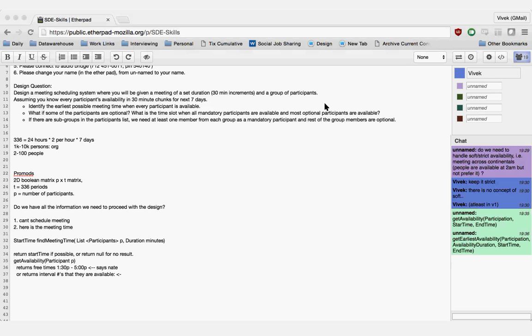I mean, one thing that you could do is just sweep through the column, right? It's an O of participants time. For each column, you can compute the sum. And the first column, the sum in which it is equals the number of participants. That's the time they are all free, right? Okay, but that interval is only a 30-minute interval. Yeah, that's true.